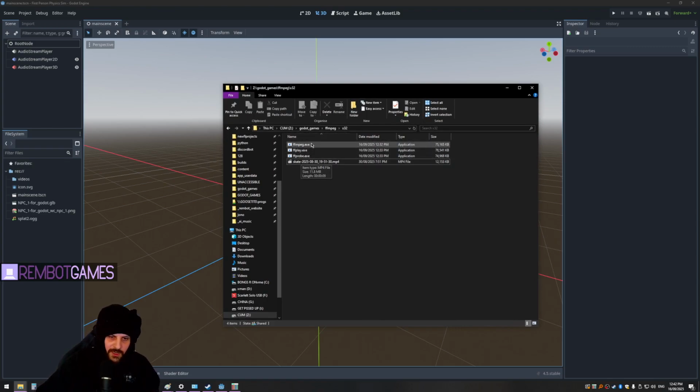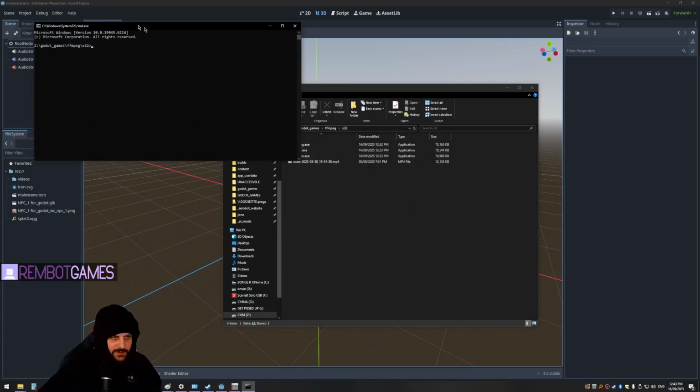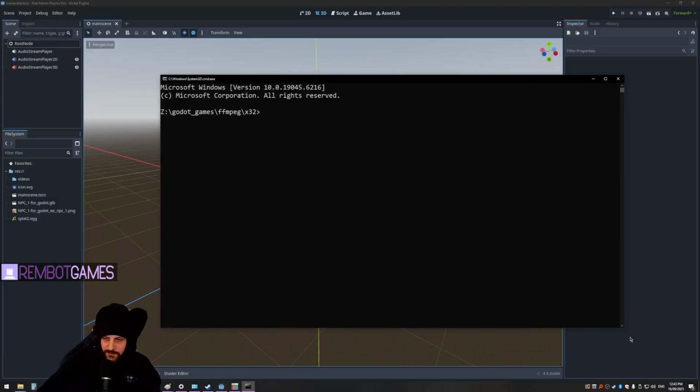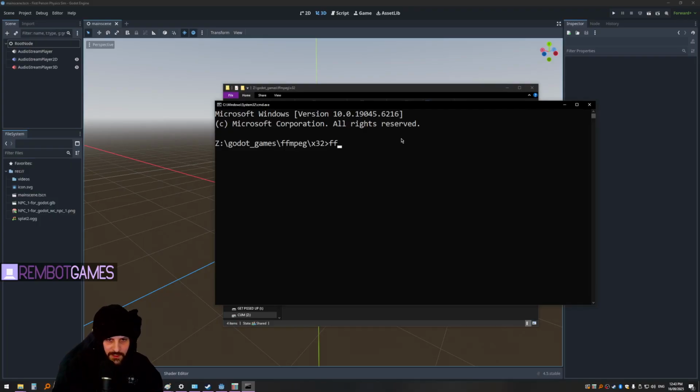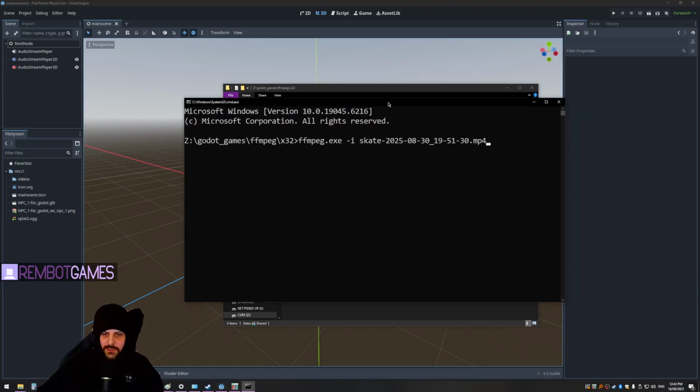So now that we've got our FFmpeg, FFplay, and FFprobe, not that we need those other two, in the folder, we can either click up here and then type CMD. And then it's going to come up with a command window. I'll just make that a little bit bigger so you can see that on the screen. And then what we're going to do is go ffmpeg.exe and then go -i. And then we're going to hit S and then hit the tab button. And it's going to come up with